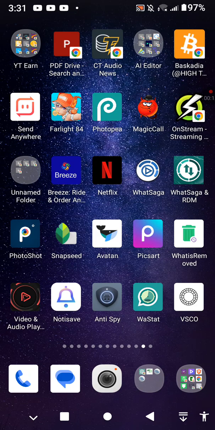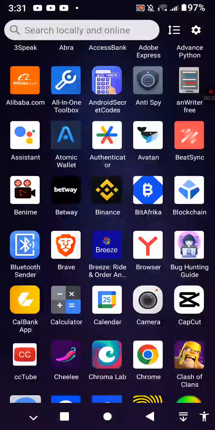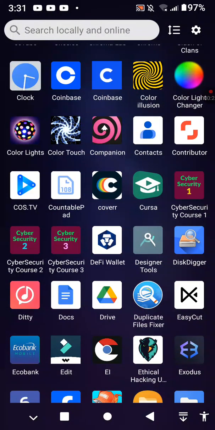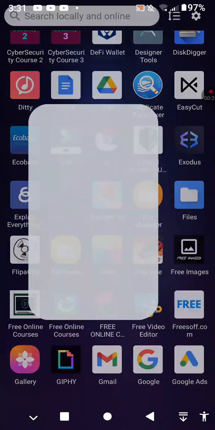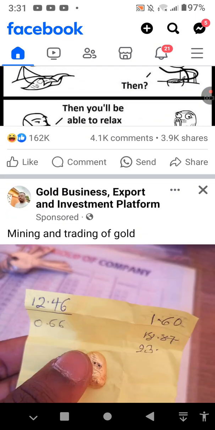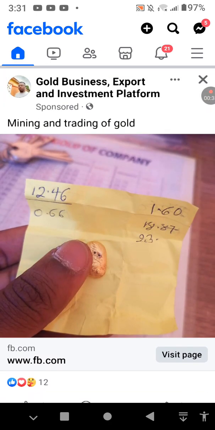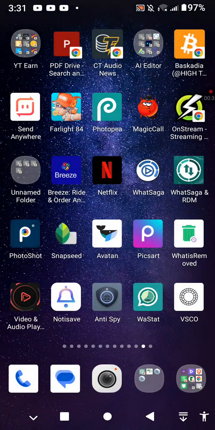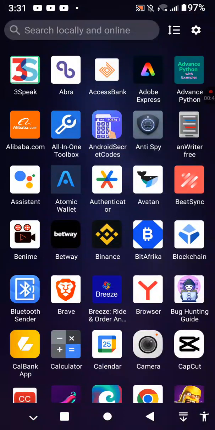And in this video I'll be showing you how to fix Facebook app not updating news feed. So let's get to our Facebook app. As you can see, this is my Facebook app. Tap on it, and as you can see, when your news feed is not updating, what you have to do to fix this problem is, first of all, you have to go to your phone,